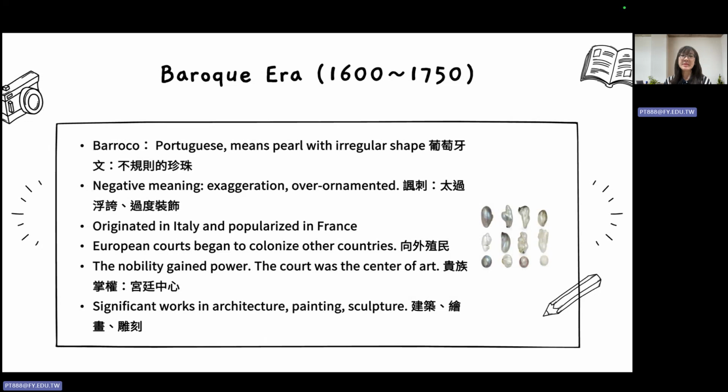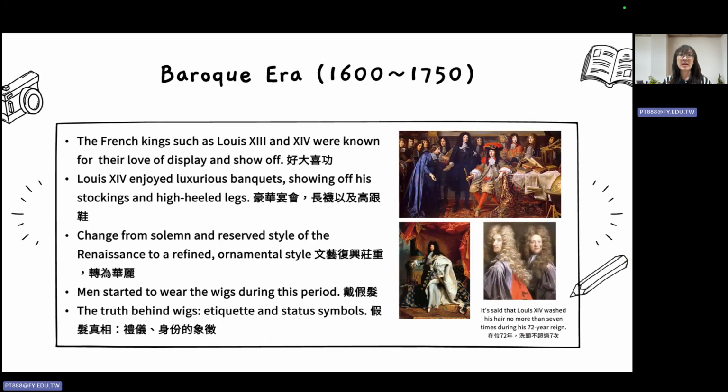So it originated in Italy and was popularized in France. And during that time European courts began to colonize other countries, like African and Asian countries. So the nobility gained power, and the courts for sure were the center of the arts. 好，那当时在巴洛克时期，宫廷跟贵族呢，就是整个艺术的中心。So they had some significant works in architecture, painting, and sculpture. 在这3方面都有非常重要的作品出现。